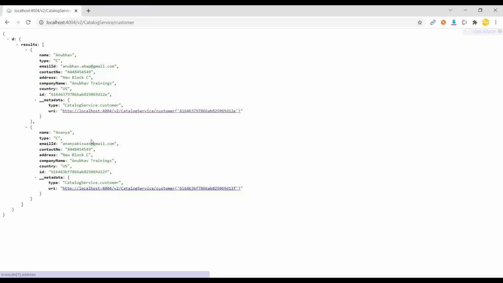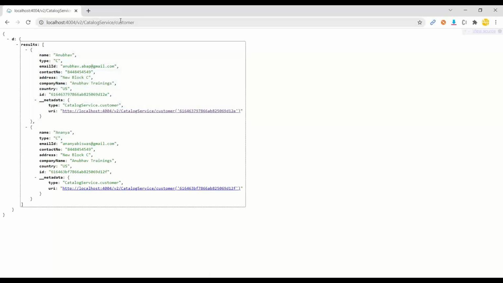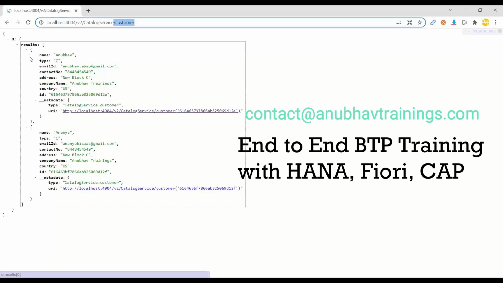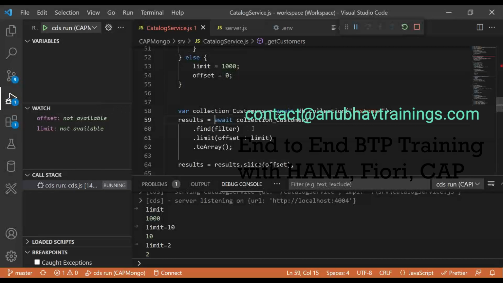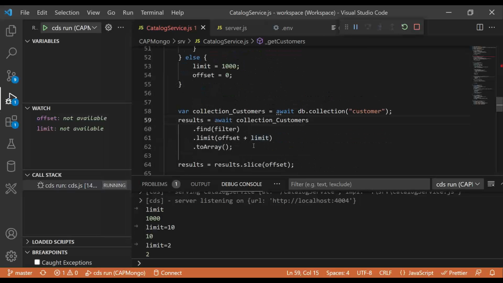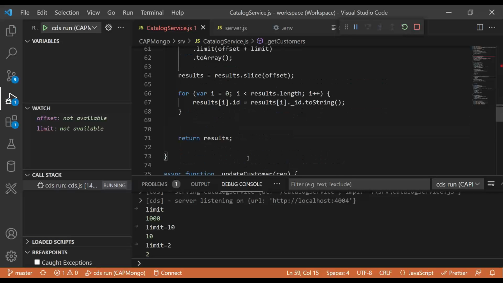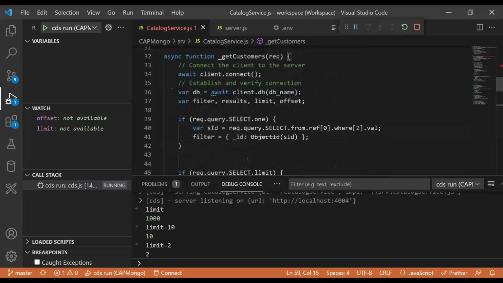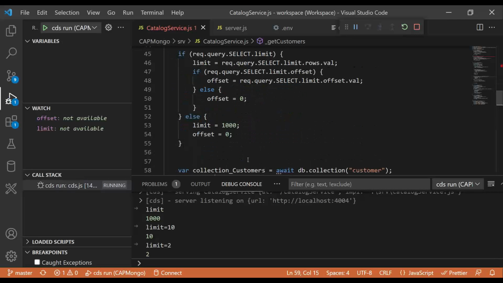And if you go back to the app, there you go. Though we have not passed any $top or skip, still I get just 2 records because during debugging, I was able to change certain values and test them. Nice. So that's how you can simply run debuggers when it comes to debugging your CAPM code locally in VS Code.